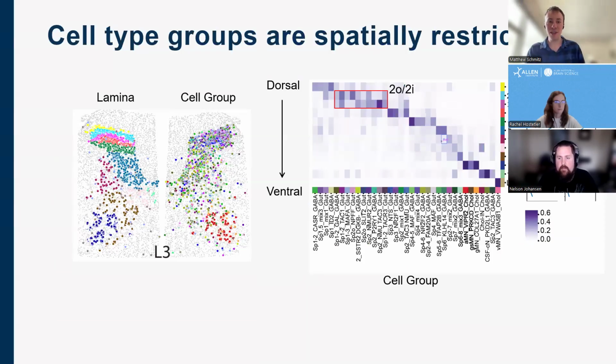All right, so we can take our taxonomy with the gene expression profiles, and we map it onto spatial transcriptomics data. Here are MERFISH data, where on the left you can see where we've, by hand, tried to paint on some regions of interest based on traditional Rexed laminae. And then on the right, you can see colors for the cell groups,